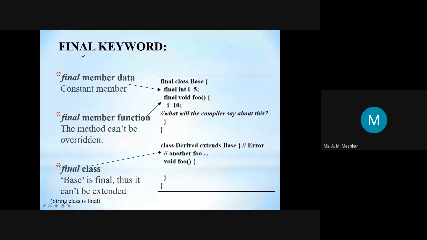Then let us have a look at the final keyword. How do we use the final keyword in three different ways? अगर आप लोग inheritance पढ़ रहे हो तो आपको ये भी चीज पढ़नी जरूरी है, final keyword का use क्या है। तो final keyword हम along with the data field, along with the method and along with the class use कर सकते हैं, ठीक है, तीन different ways में: along with the data field यानी मेंबर डेटा, उसके बाद मेथड यानी मेंबर फंक्शन, और क्लास के साथ।